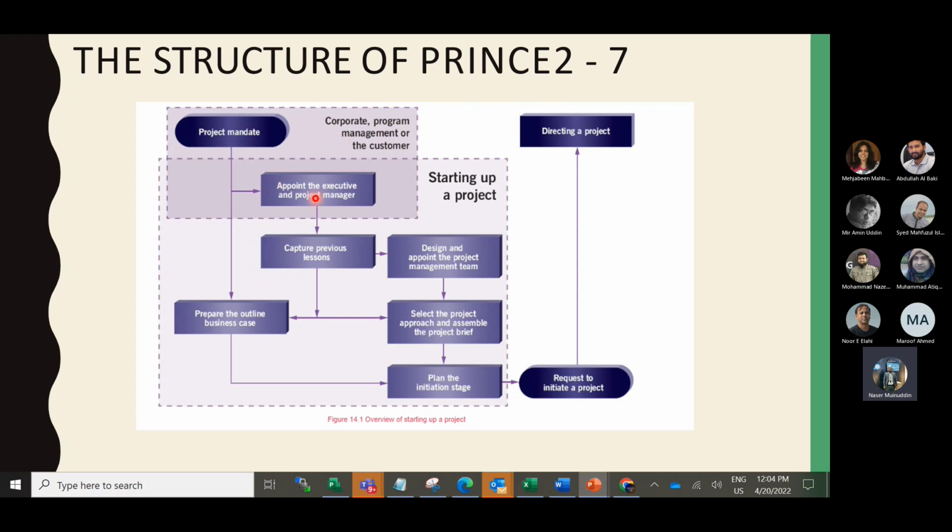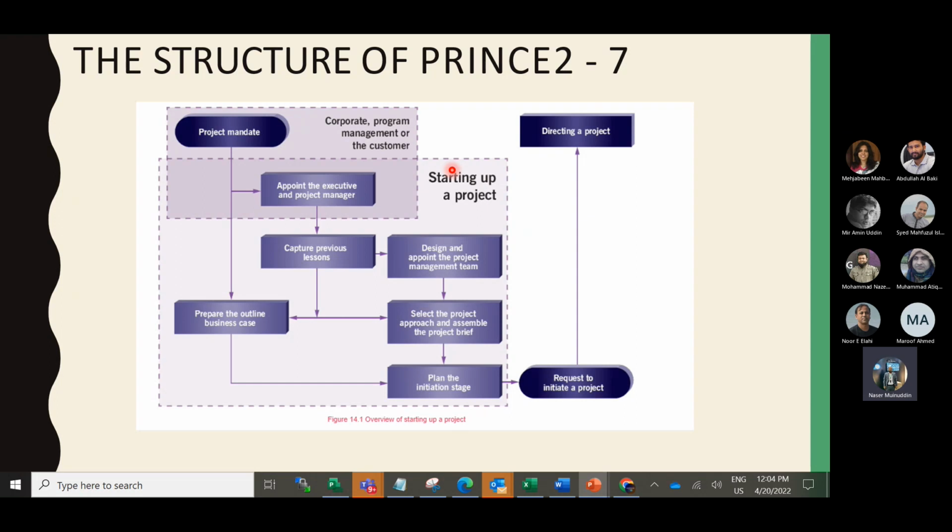They appoint the executive and the project manager, and then they capture previous lessons of the project, and then they prepare the outline business case. That means first the business case is prepared based on the input, and then the other project management team is formed, and then they see what the project approach and project brief are.